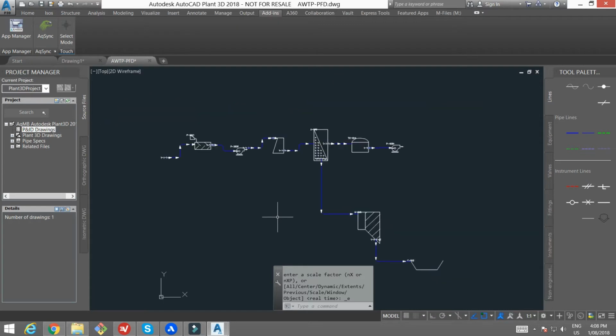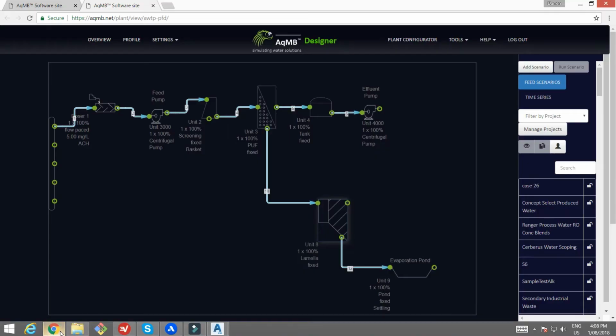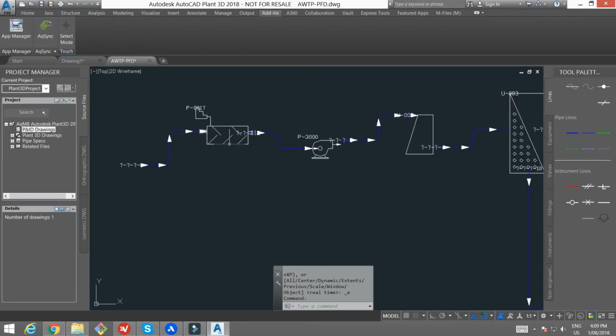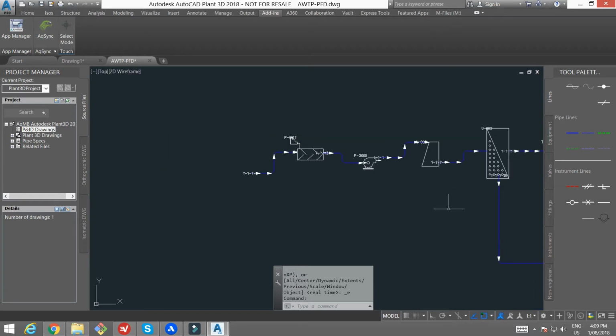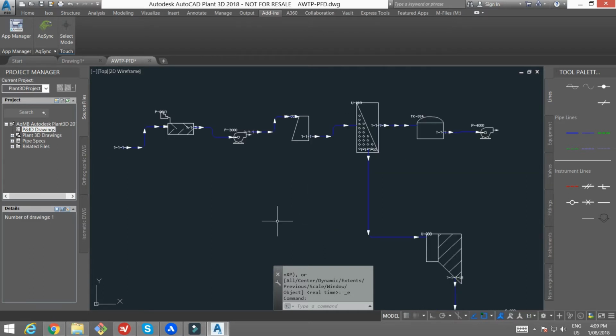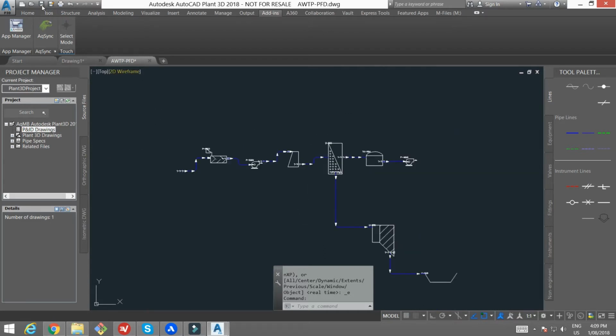If we go back and compare that against what we had in AqMB Designer, we've effectively pulled through everything from the drawing numbers, the equipment numbers, so 1, 2, 3, 4, 8, 9, etc., into Plant3D. So the drawing numbers and the unit numbers, just like we've got there. Now, first thing I'm going to do is hit save. So I've now got my initial PFD into my preferred CAD software, and